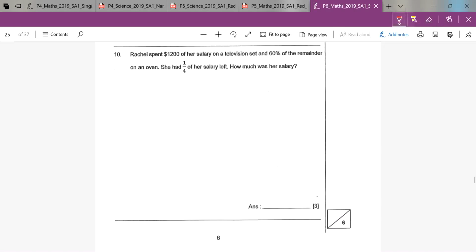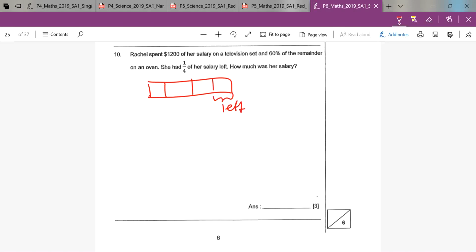Let's move on to the next question. Rachel spent $1,200 of her salary on a television set and 60% of the remainder on an oven. She had 1/4 of her salary left. So if you draw a diagram,